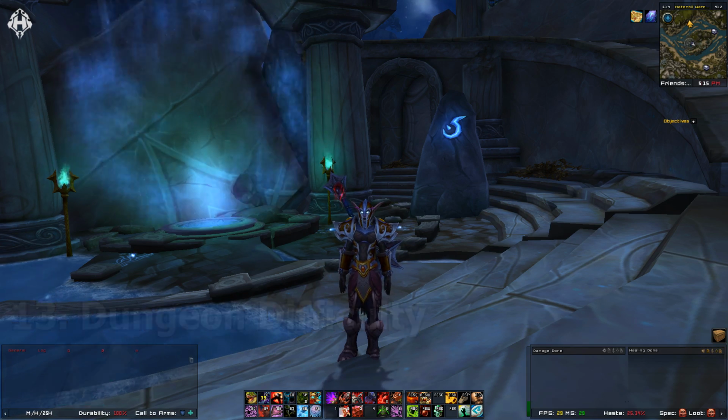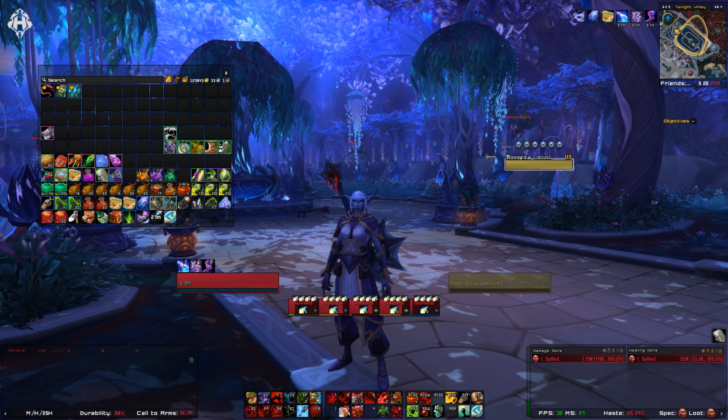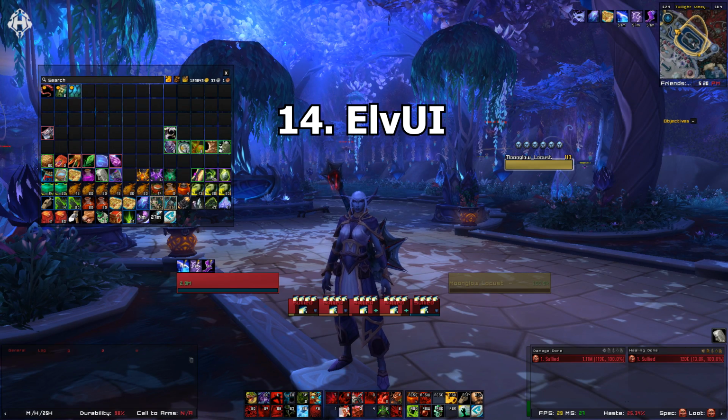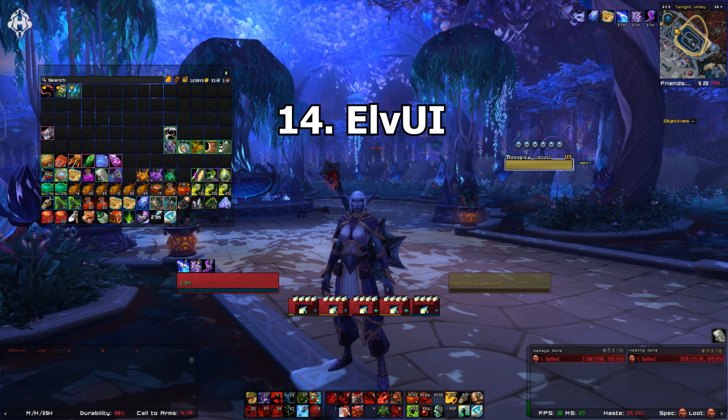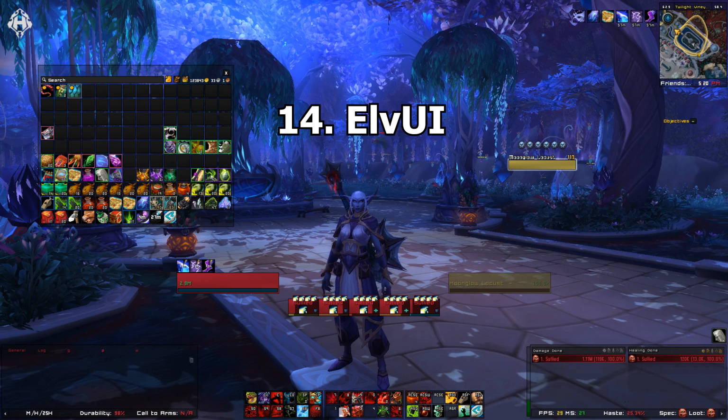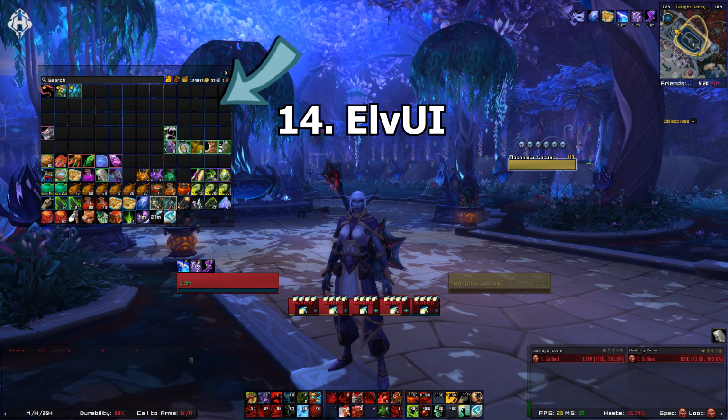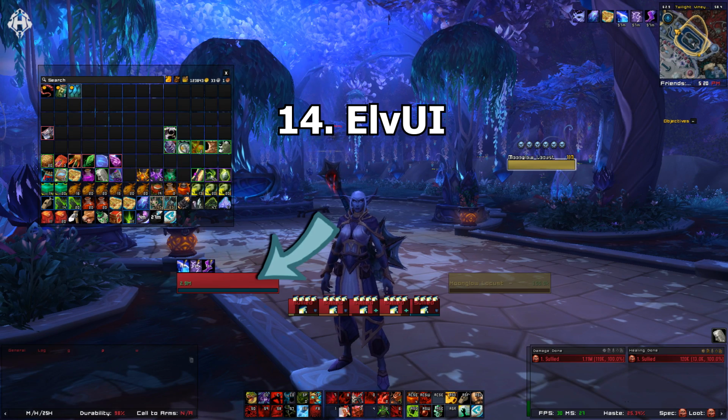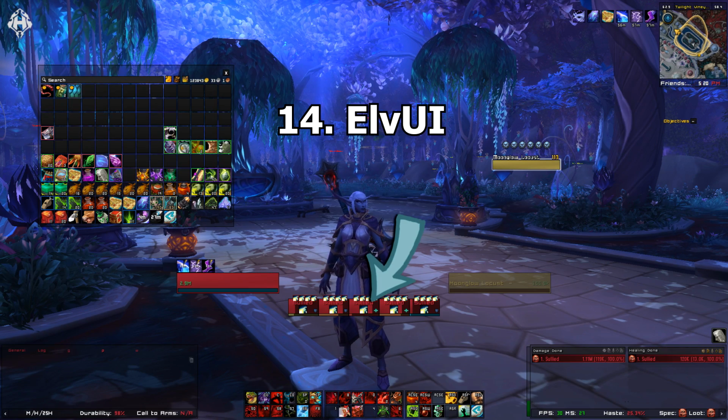Add-on number 14 is ElvUI. Now this add-on has got lots and lots of things within it, so just in terms of what you can see on the screen, 99% of everything on my screen right now is covered by ElvUI. So my inventory on the left hand side there, the way that it's skinned and it's one big bag, that's ElvUI. My health frame, the red one with the buffs above it, the party frames that I've mocked up in the middle,